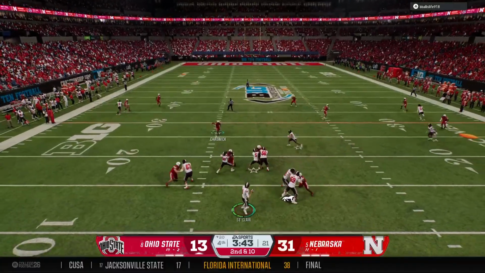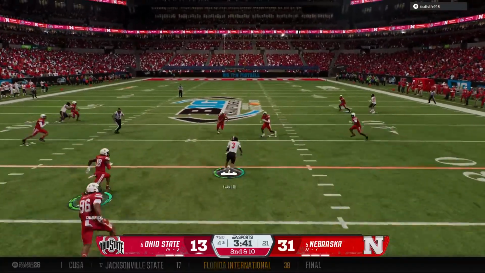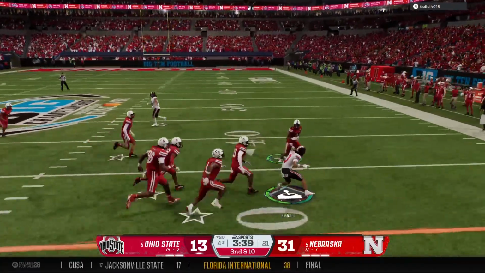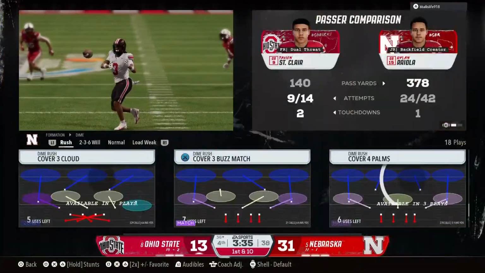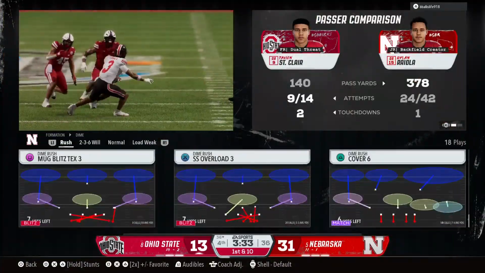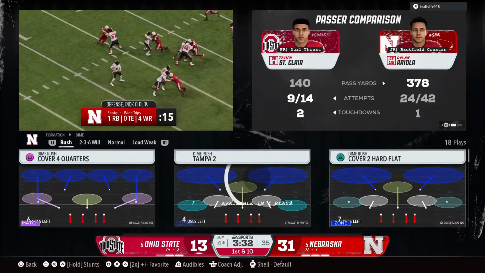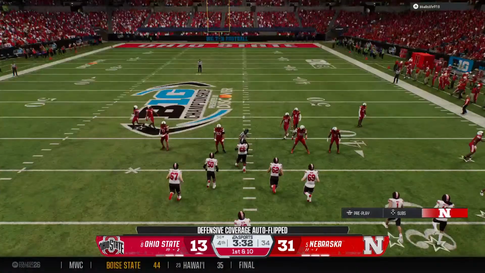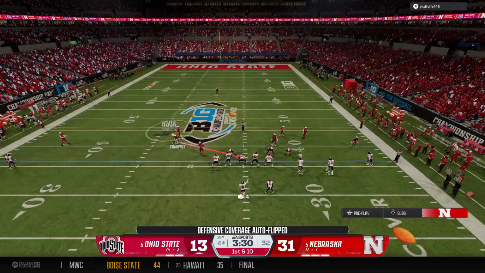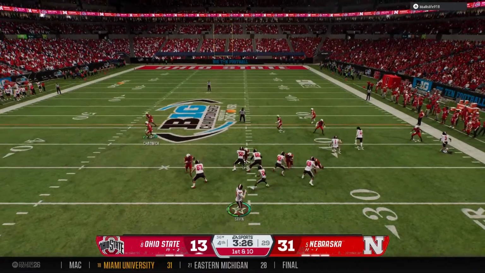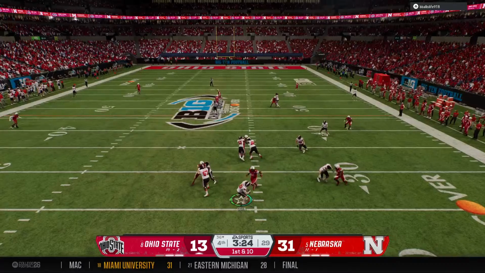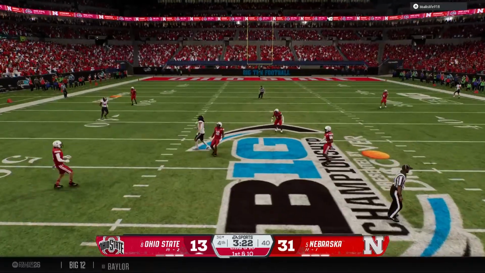Fakes the handoff, looking to throw. Caught over the middle. It's Evans. Stop at the 36. That's good enough to move the sticks. You know, this is what makes this receiver so dangerous. If you play him in man, he can run by you for a big play. You decide to sit back in zone, and he's got the savvy and instincts to be able to find that soft spot in the zone, make a catch, and be dangerous after the catch as well.